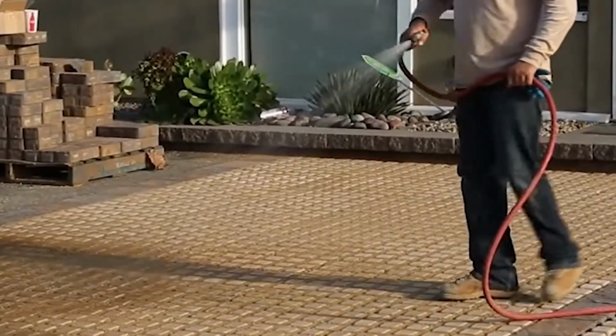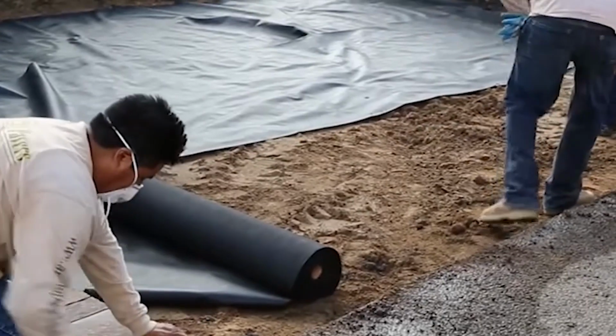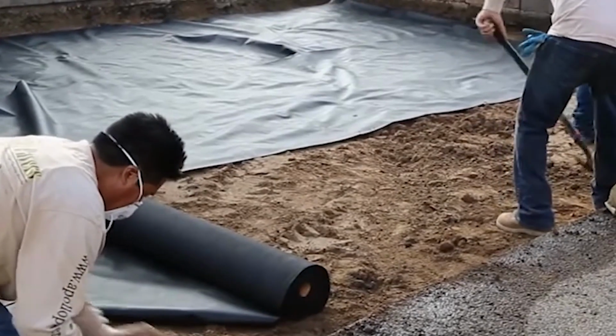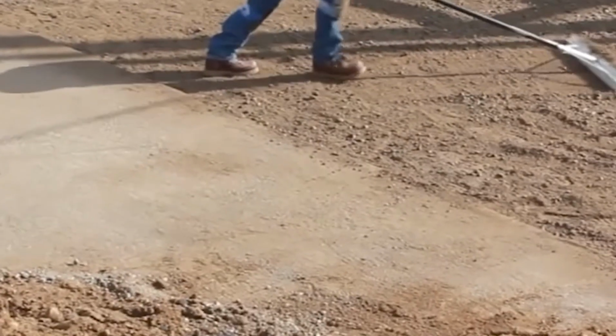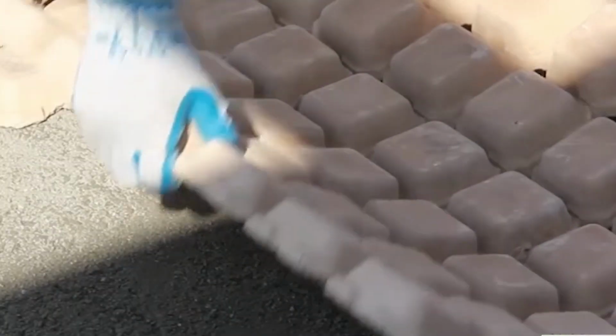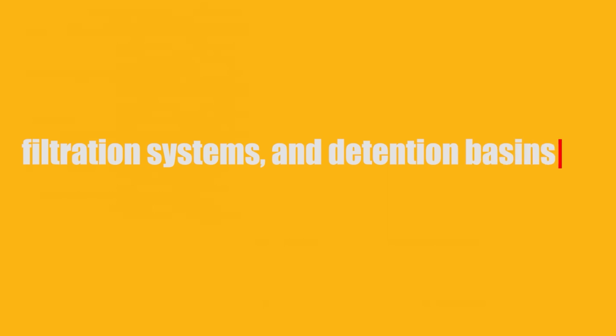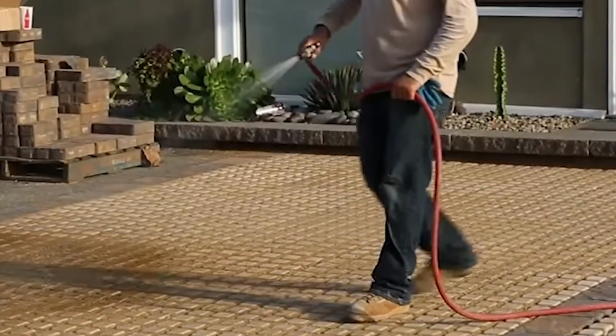Even when drenched, drivable grass keeps its load-supporting properties. Also, the design gets rid of the sharp edges found in other items and ensures that it will not break or crack like solid concrete or pop up like plastic. Via biofiltration, infiltration, and storage, drivable grass provides a straightforward and dependable method for managing stormwater without taking up important site space. Storm drains, hydrodynamic separators, filtration systems, and detention basins can all be decreased or removed with the usage